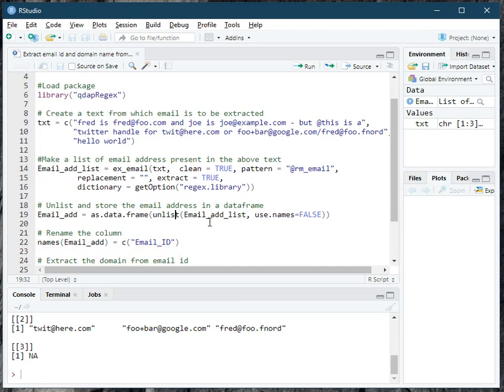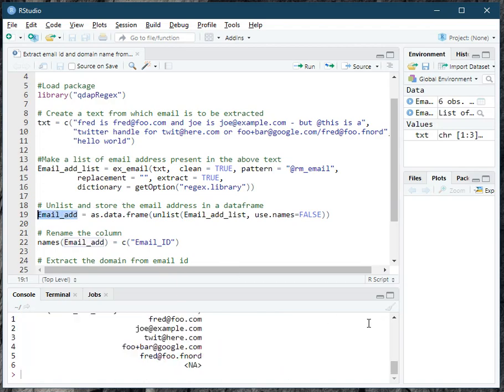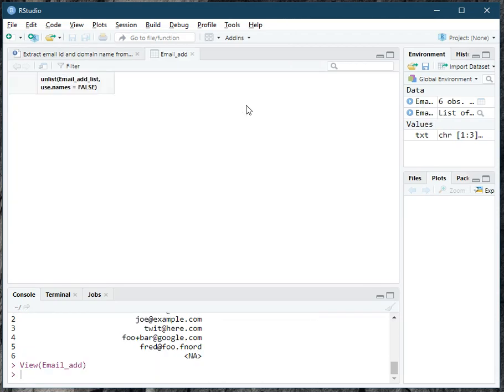Now the next step is to convert this list into a data frame. In order to convert this list into a data frame, first you use the unlist function on your list with use.names equal to FALSE, so this will give you a vector, and as.data.frame will give you a data frame. I am storing this in a data frame called email add. This has now converted these email IDs into a data frame. Let me just quickly show you.